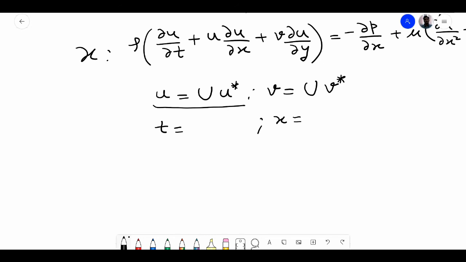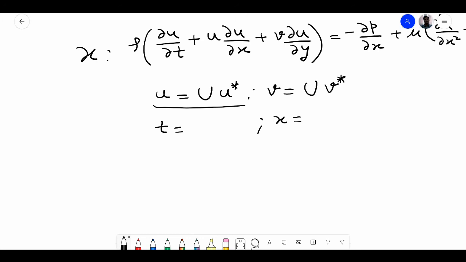So let us assume that there is some characteristic length. It can be the length of the wing, the width of the wing, or the height of the wing, anything like that, which is characteristic to this flow. If it is flow past a sphere, the characteristic scale can be the diameter of the sphere or the radius of the sphere. All right. How to identify characteristic scales, we will see that later on.